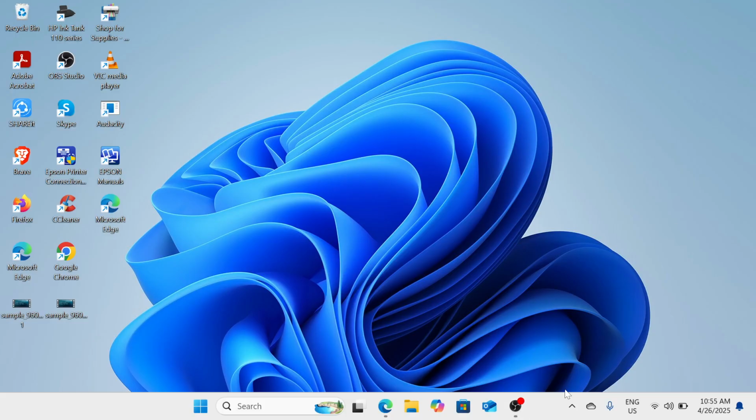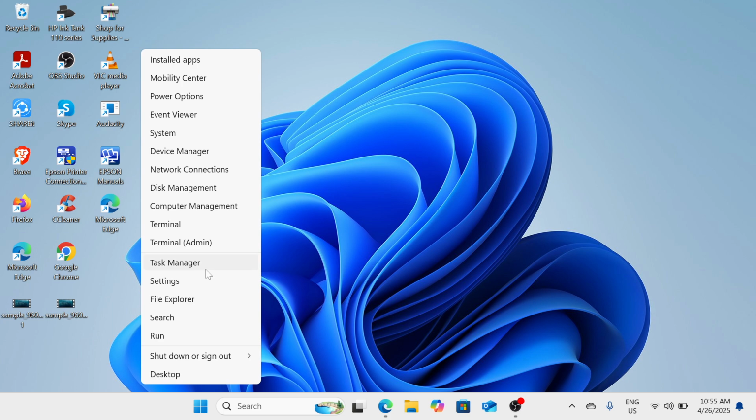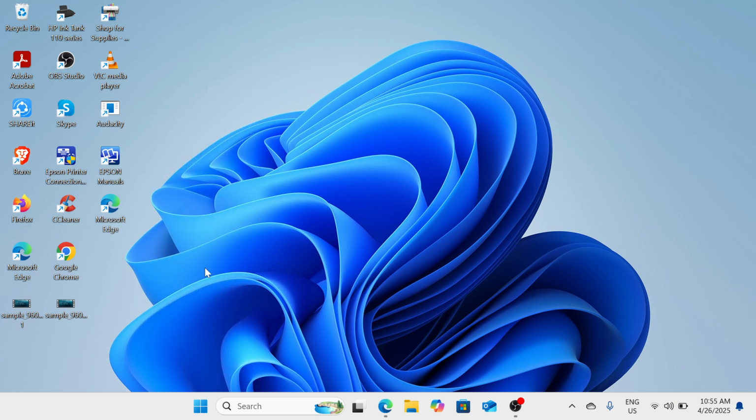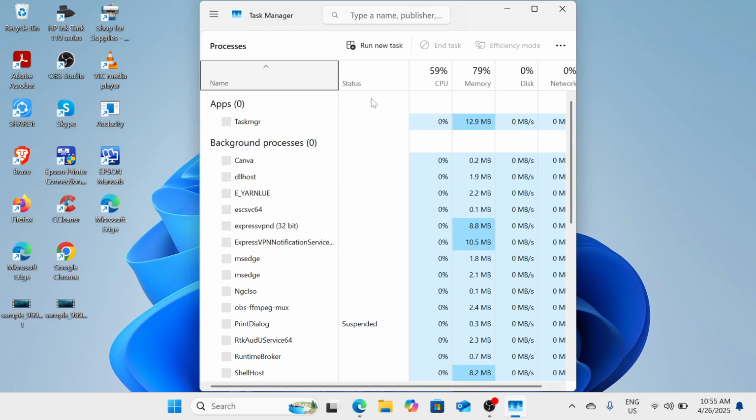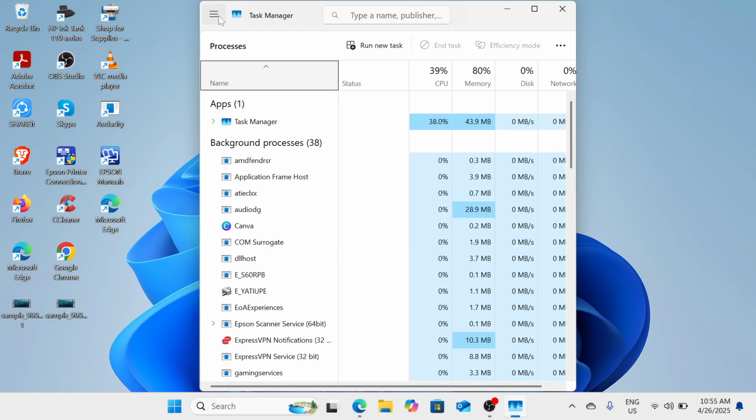So please make a right click here on the Windows icon in the taskbar, and then go with the Task Manager option. Or you can also right click the Windows icon and then click on the Task Manager option. Once you are in the Task Manager window, all you need to do is go to the